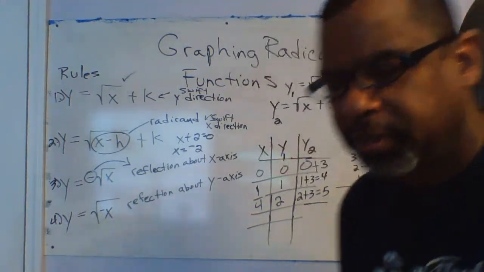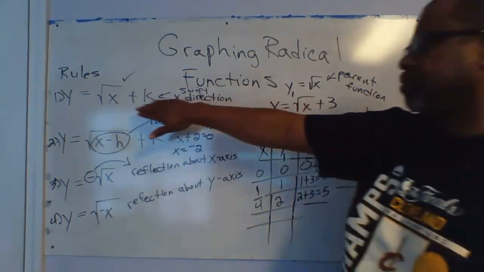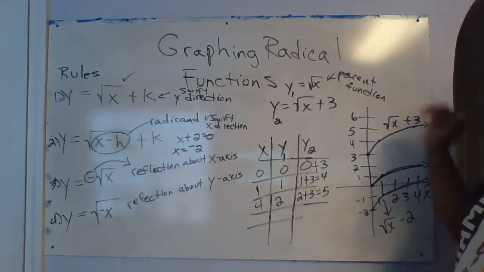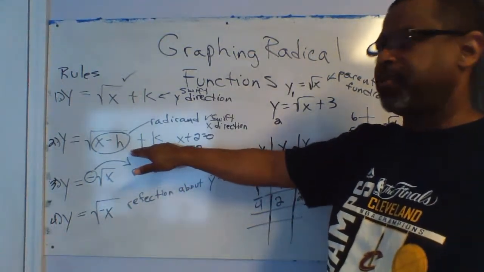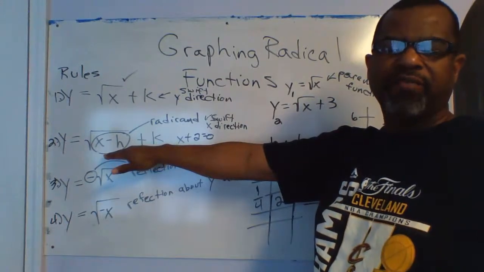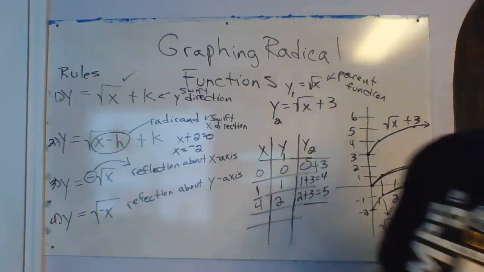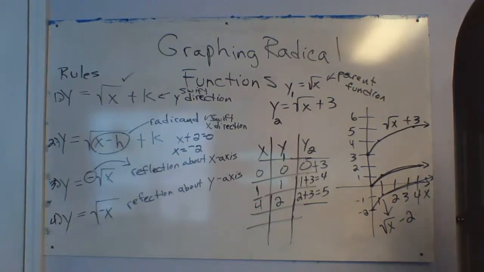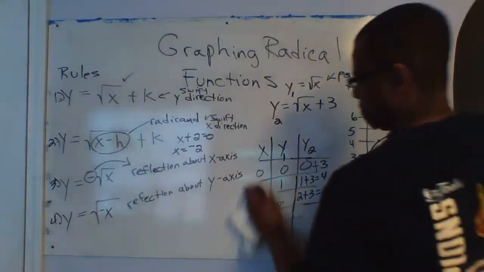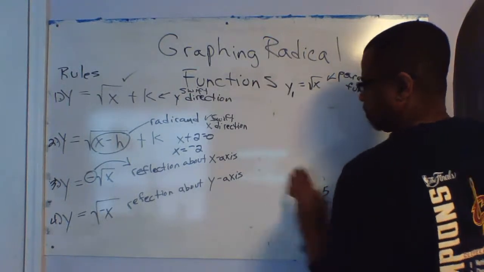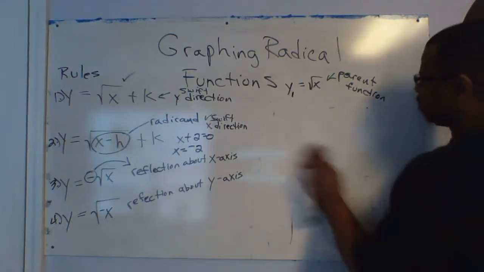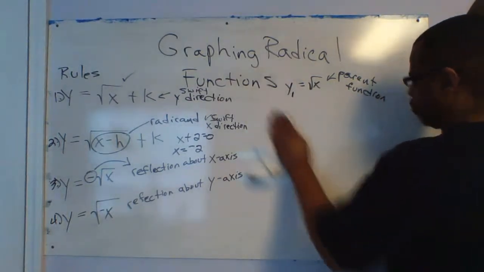Okay. All right. Good, Mark Charles. So what we're gonna do? So we've done this one. The number outside the radical you're gonna shift. That's gonna shift your function up or down. So now we got to talk about what's gonna happen when you have a number inside the radical and you got to do the shift. And we're going to keep the parent function up. So now we're going to do,